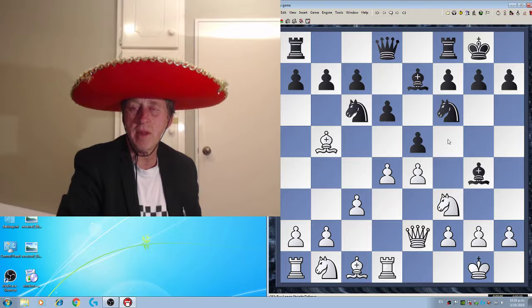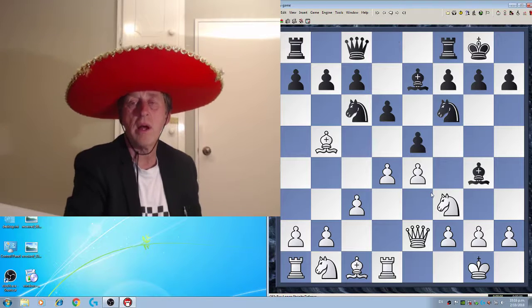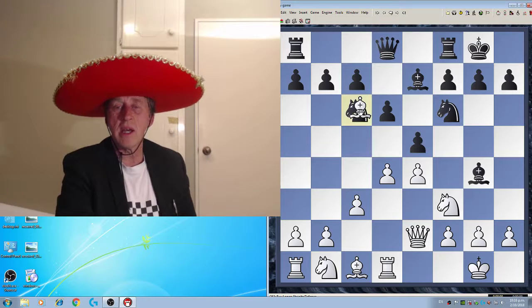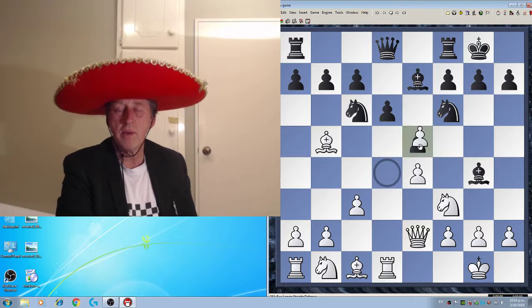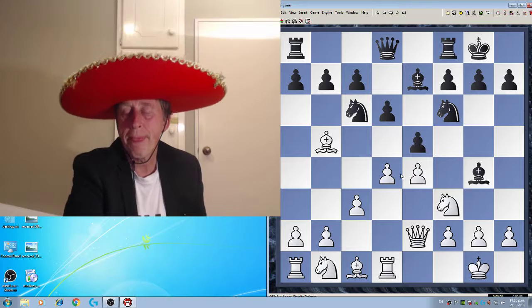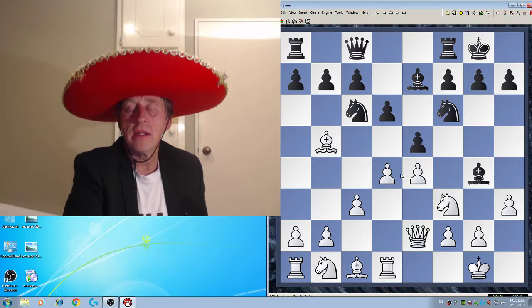If there's a bishop here, then black would be able to play this. So this threatens bishop c6. So we'll just get black's move. But this threatens bishop c6 and just merely pawn takes pawn, and thereby I win a pawn at least. So after bishop